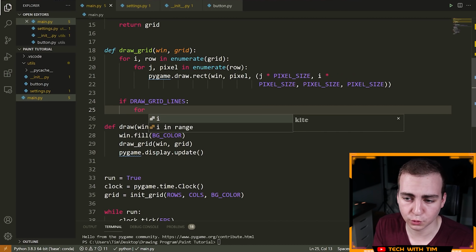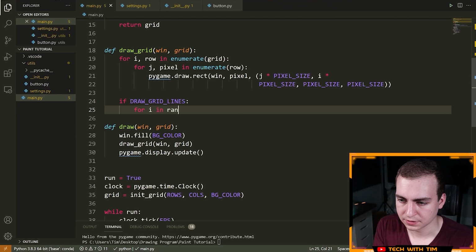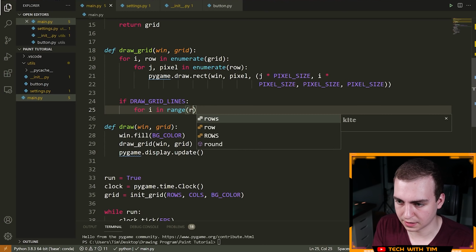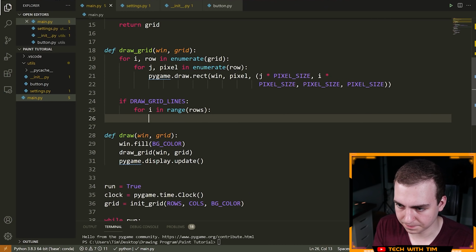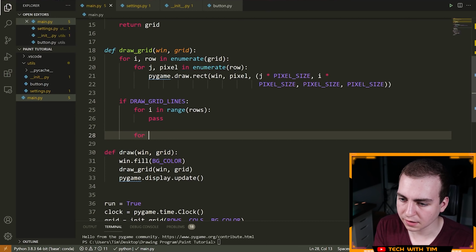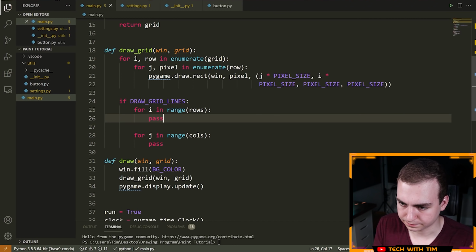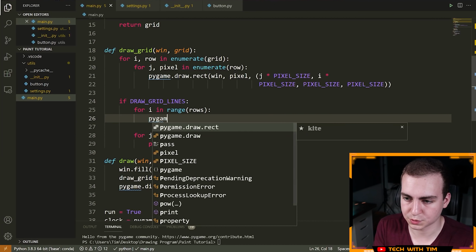So we're going to do 2 for loops here. We're going to say for i in range, and then this will be rows like that. We'll do something here. And then for j in range cols, and we'll do something here. Okay, so what we're actually going to do is we're going to say